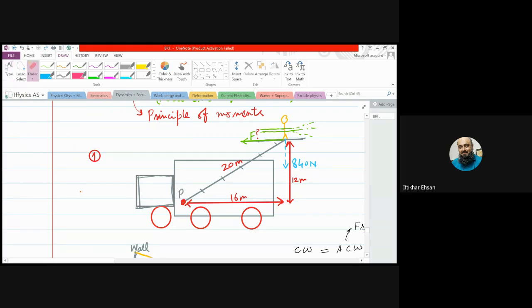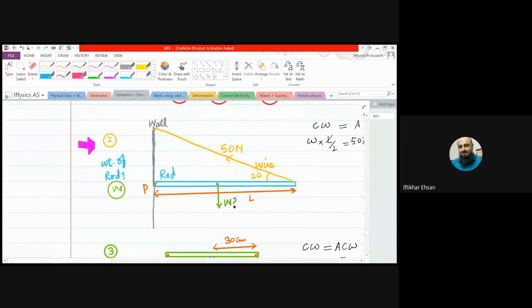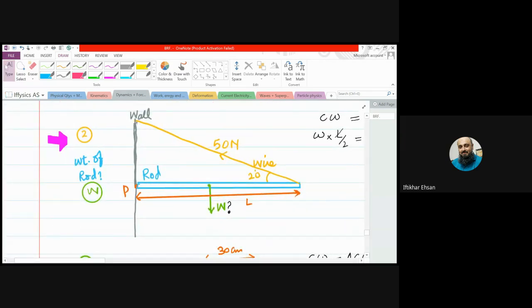This is again a good question. We are going to do that. Consider there is a rod, and that rod is pivoted here with a screw, so the rod can rotate. And when you leave it, where will